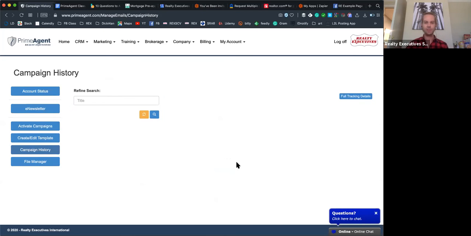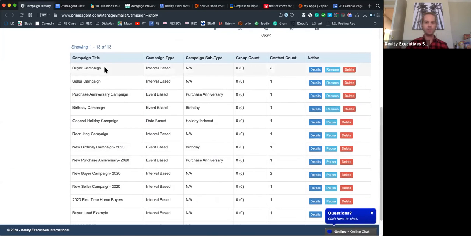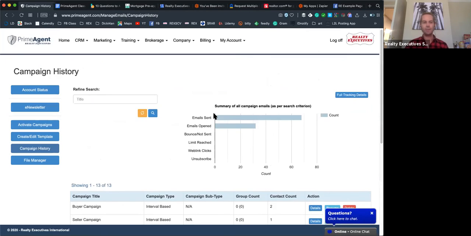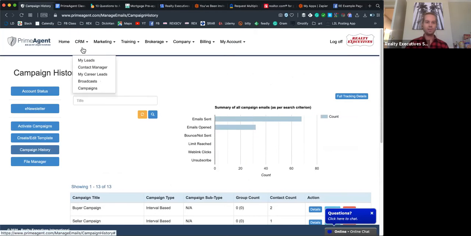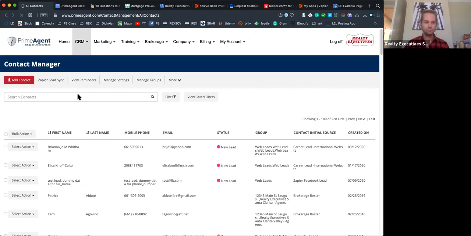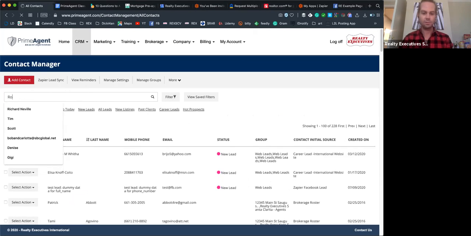And this should tell you what campaigns you have active in here as well. So we have our different campaigns that are active. This is where you could, say you wanted to delete a campaign off somebody, but there's an easier way to do that. This just lists all your campaigns. So say you want to pause a campaign, you could pause it or delete that campaign from being active. But let's take a look at your CRM really fast. So I have Roger Allen as my